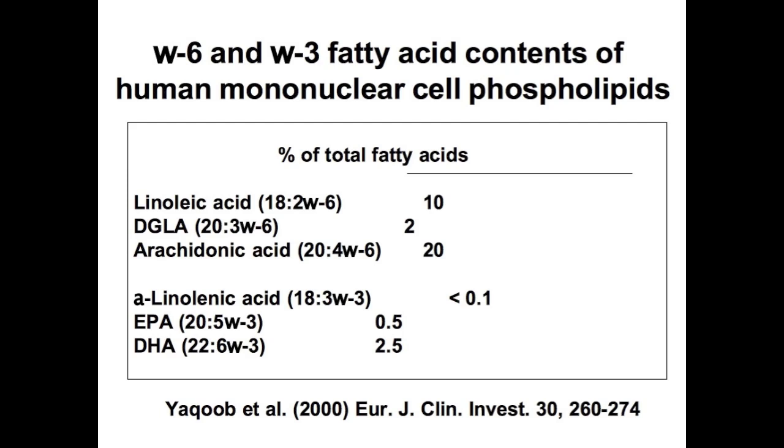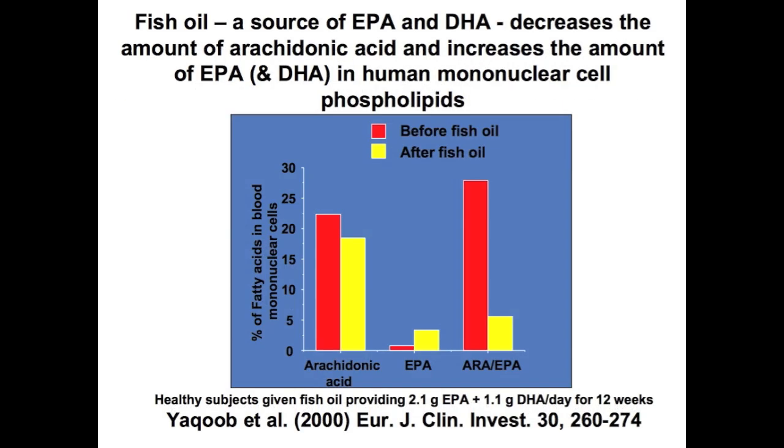Probably almost everybody does, in fact, because omega-6s are very prevalent, and omega-3s, as I said, are mainly found in fatty fish. Now, we can change this by giving people omega-3 fatty acids preformed. You could do this by feeding people salmon every day, if you wanted to. People have done experiments like that. Or you could give them omega-3 supplements, which is easier to do in a study because you can do a randomized controlled trial of an omega-3 supplement compared with olive oil or corn oil or palm oil or whatever.